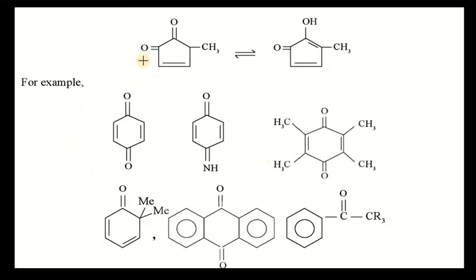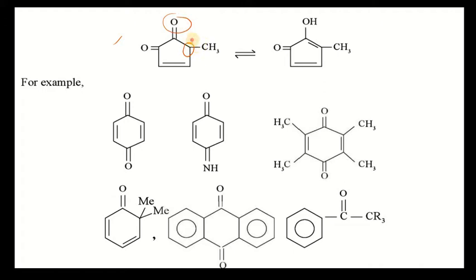Okay, the next one. Here we have a structure. Observe, in this structure there is a ketone functional group. If you observe this one, over this we have one hydrogen present among these. That means one hydrogen is the alpha hydrogen.